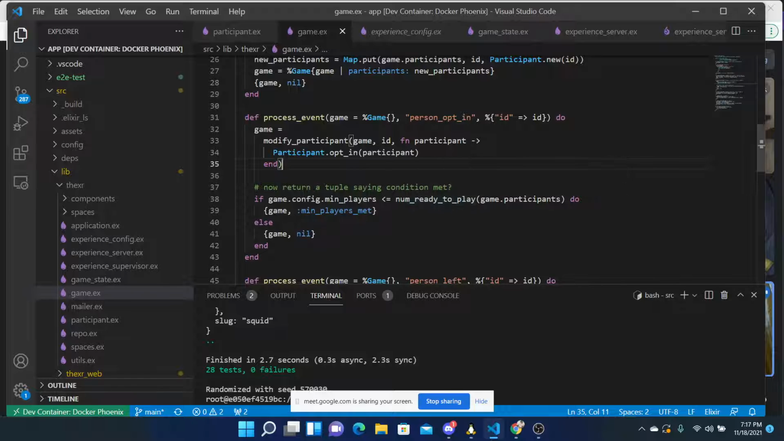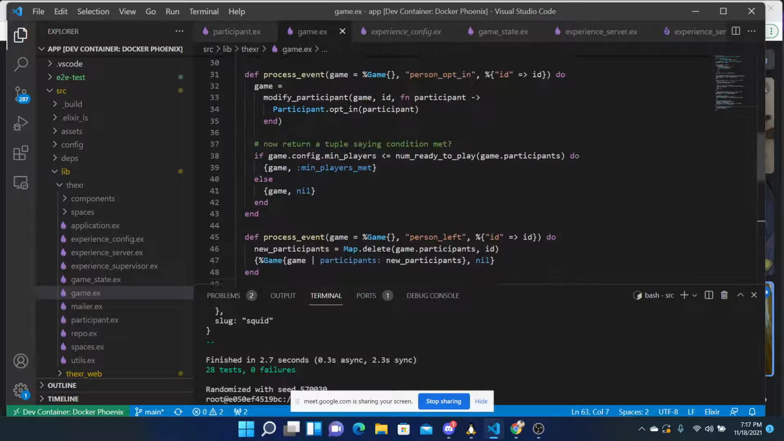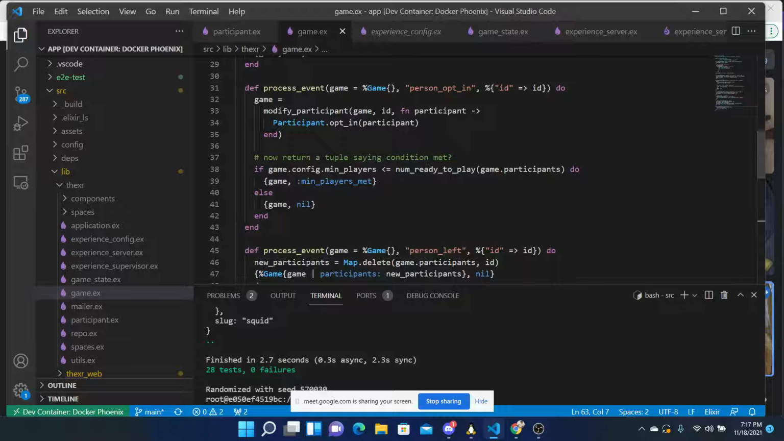So I wrote a function that maps over the game participants and counts up the number of people who are ready to play, which is down here, right? We count participants that are opted in. And if the number of participants we have that are ready to play is now greater than your minplayers, this criteria is met. So now we can send back the game a tuple, which is the game, the current state,